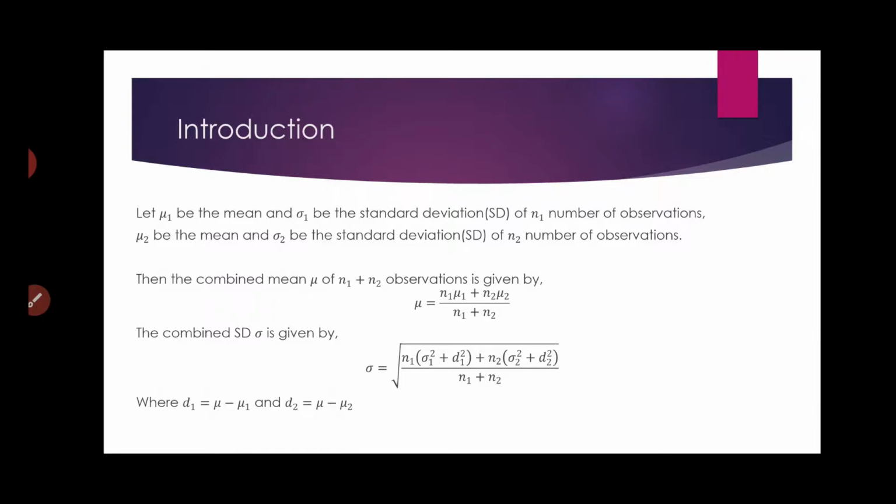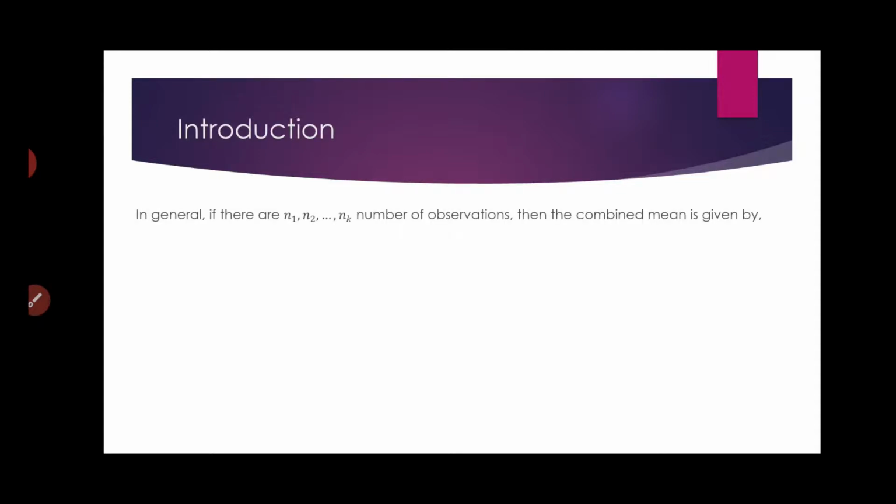Right? Now this is for two different observations. Now if there are k number of observations, say for example I have got 4 or 5 different sections in a class and I am trying to collect the weights and I have found the individual means. So what will be the combined mean? To address that kind of situation, let me consider there are n1, n2, ... nk number of observations. Then the combined mean will be n1 into mu1 plus n2 into mu2 plus ... nk into muk, by n1 plus n2